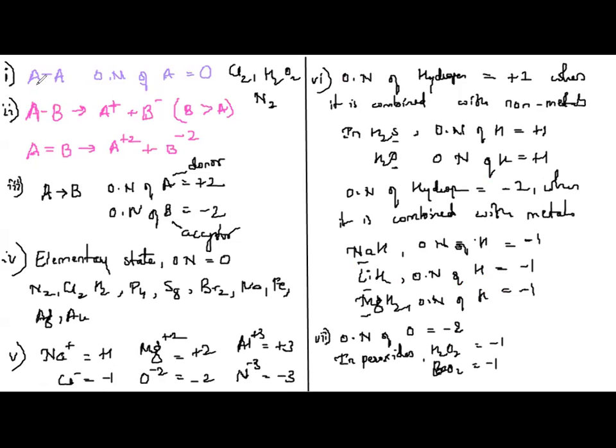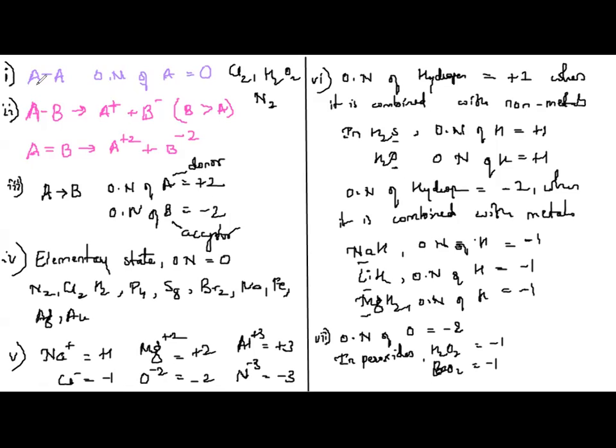In case there are multiple bonds, then they will be written as +2 and -2: the more electronegative atom -2, the less electronegative atom +2. If it is a coordinate bond, the donor atom will get a +2 charge and the acceptor atom will get a -2 charge. If the atoms or molecules are in elementary state, oxidation